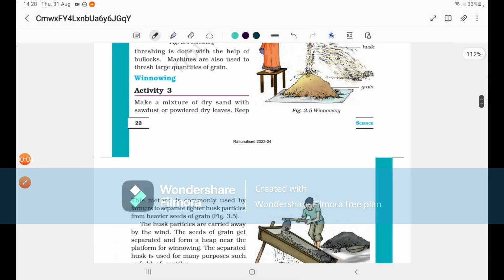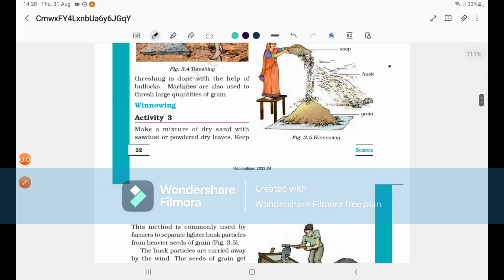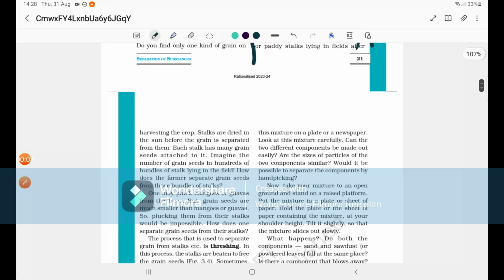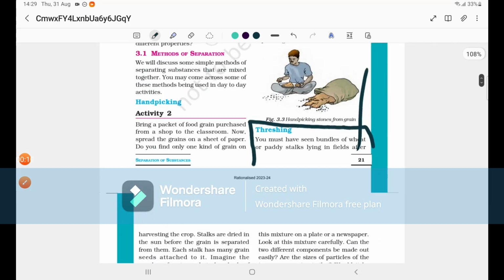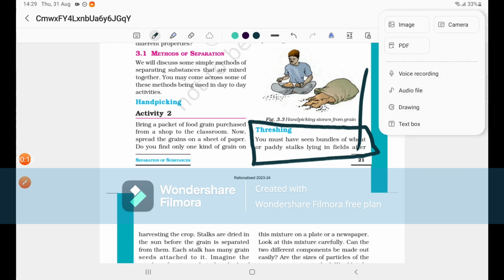So today we are going to continue a chapter. Chapter number 3, separation of substances. We were on the threshing topic, so let's continue this topic. Let's start with